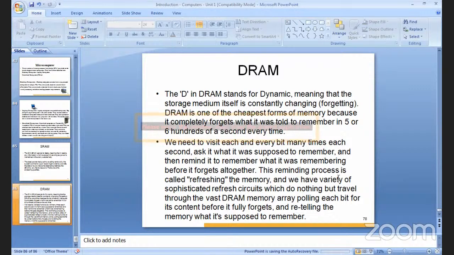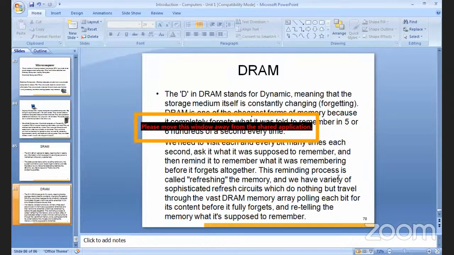Again we have to give the data, and it will be available only 5 to 6 minutes. The reminding process is called refreshing, where the refreshing command is used in memory,